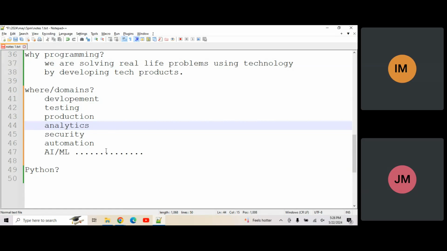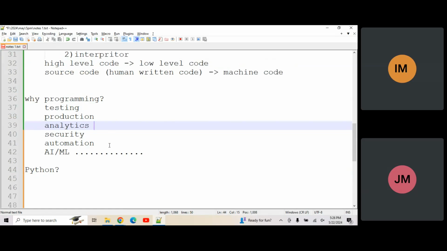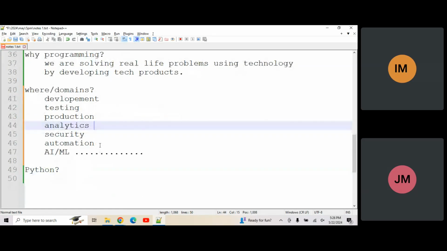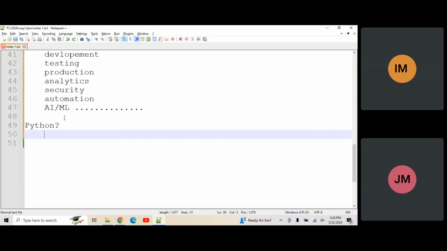This is like an ocean. The IT industry itself is an ocean, and we need to target one particular domain, stick to it, and become a master of that domain. These are just introduction things, like what programming actually is. Now the question is: what is Python actually? Why are we using Python? What is the use of Python? Are there any companies